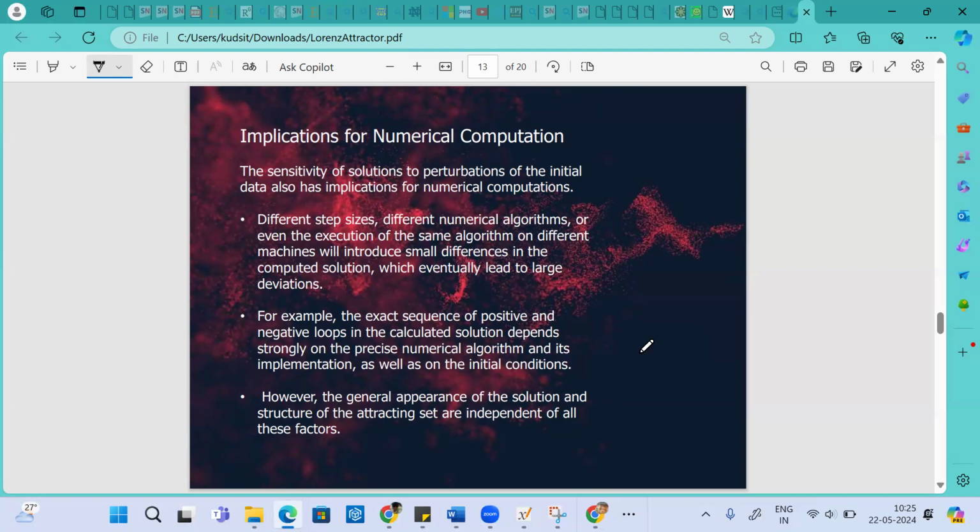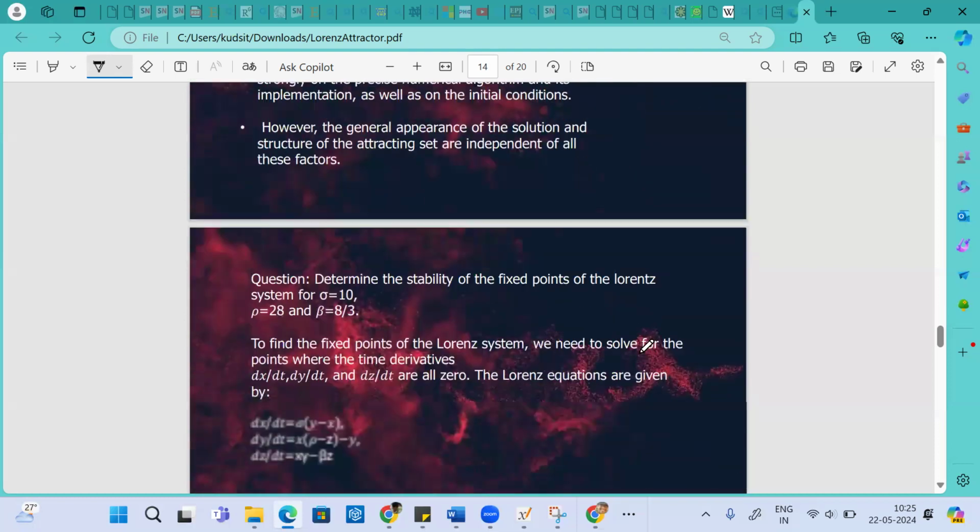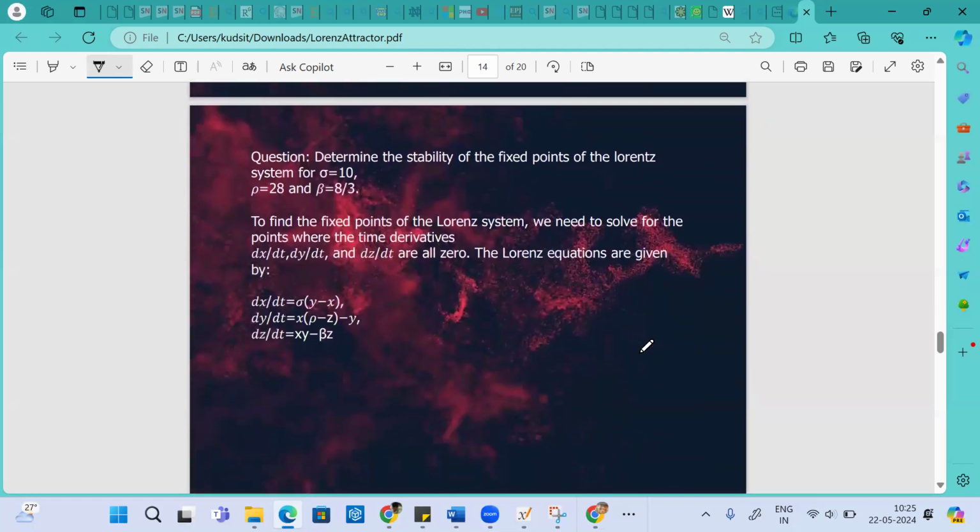So that's why we should be very clear in the theories of numerical computation as data analysis. Next slide. The next part is going to